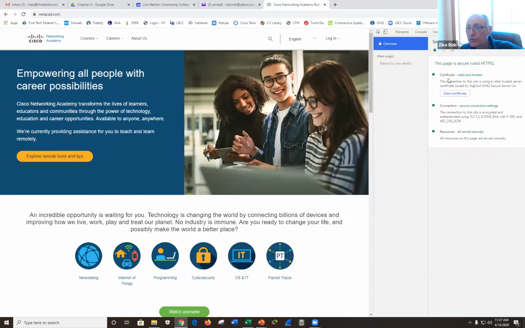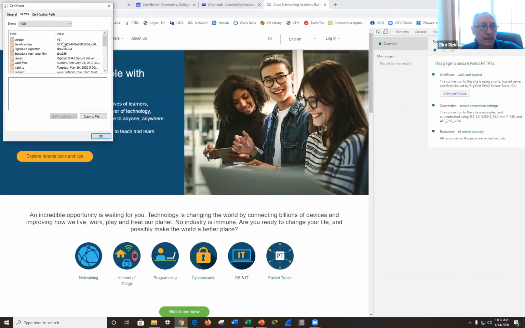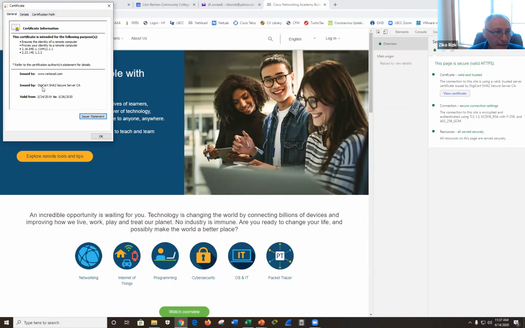So where did I go to get this piece of information? So I went to the website I'm using here. I'm using SSL version 3, okay? And they have a digital certificate from DigiCert, and it was given for specifically this device, www.netacademy.com, and this is telling me valid and trusted. So how did we get to valid and trusted? Please speak up.